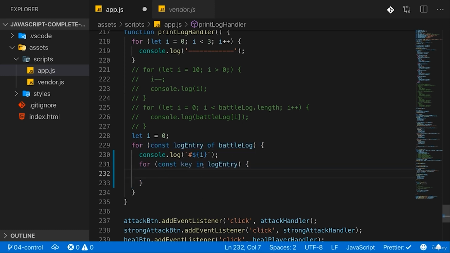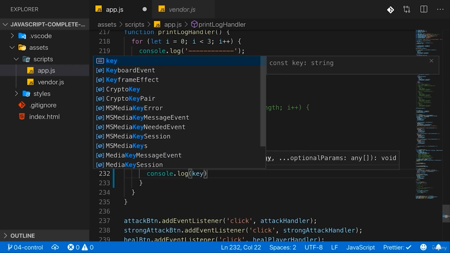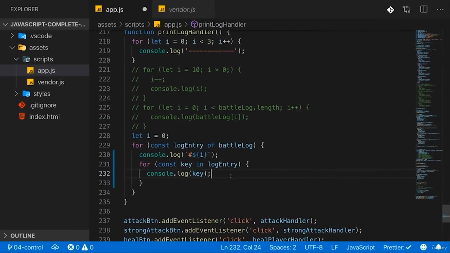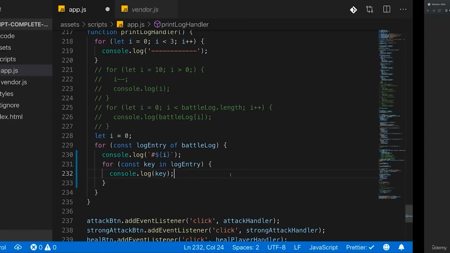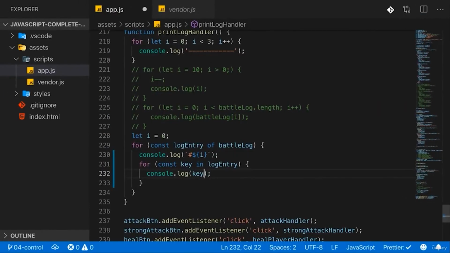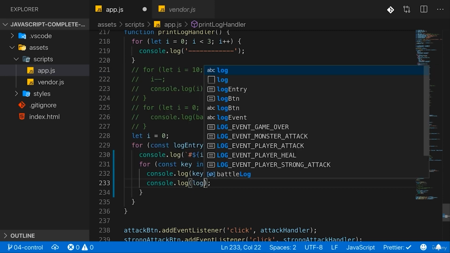So now here, we can console log the key, for example, and key here really is the name of the key. So event, final monster health, final player health, target, and value. These are the keys, and that's what is stored inside of the key constant. And if we now also want to get access to the value for that key, well, then we have to use a different syntax. Then we can also console log this, but here we need to refer to our object,